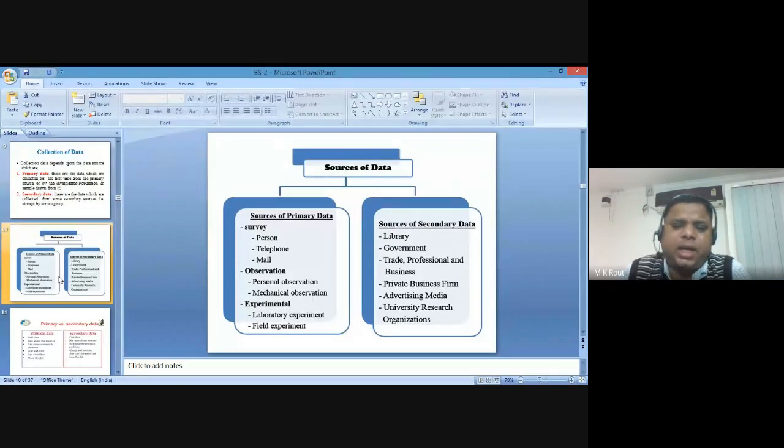You can directly collect various aspects year-wise from different fields, starting from the chemical sector, whether it is the financial sector or the manufacturing sector. That data is provided by that particular university. In case of journals and research articles, they provide secondary sources of data. Then moving to the next one.